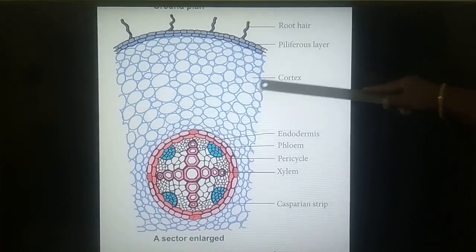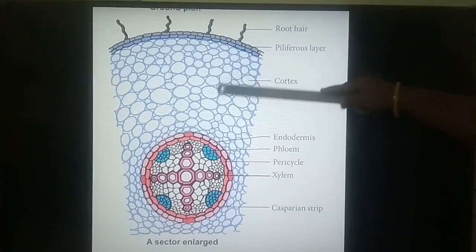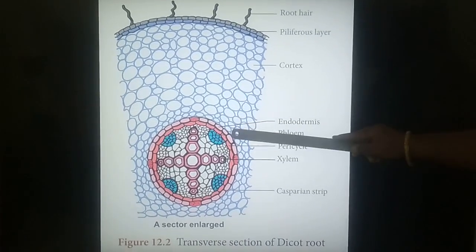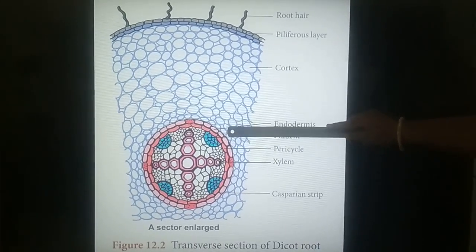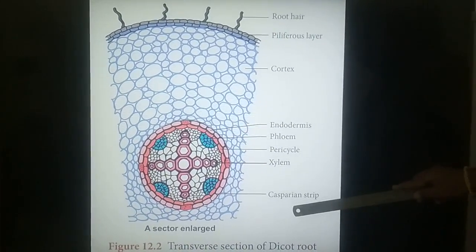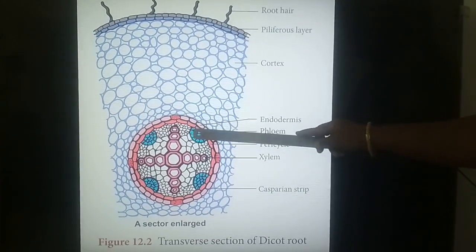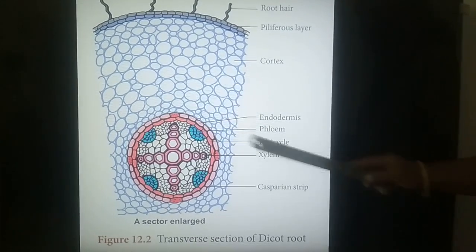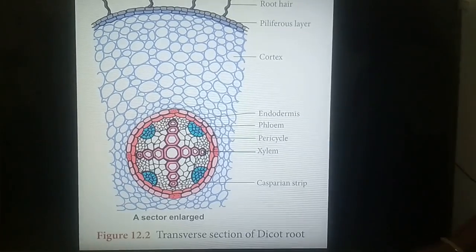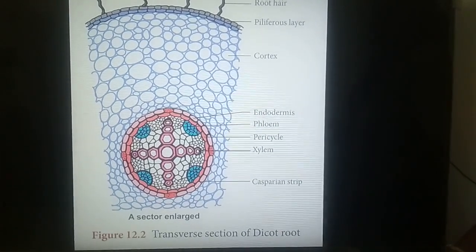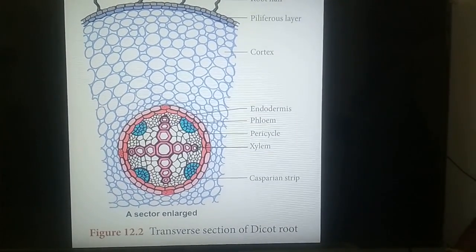It is followed by the next layer called cortex, which is made up of parenchyma cells with intercellular space. The innermost layer of the cortex is the endodermis, which has barrel-shaped cells and contains thick band-like structures called Casparian strips. Next to the endodermis there is pericycle. From the pericycle the lateral roots originate, and inner to the pericycle there is the vascular bundle, which is radii, exarch and tetrarch, and the pith is absent. If at all present, it is seen in the end root.